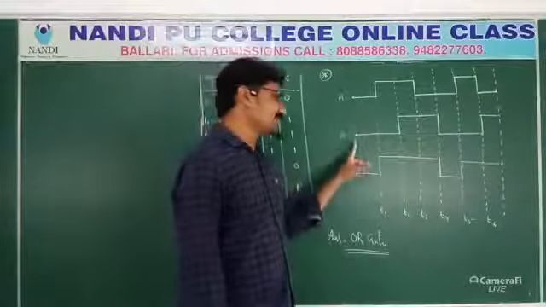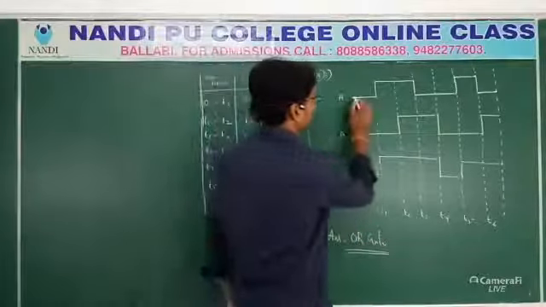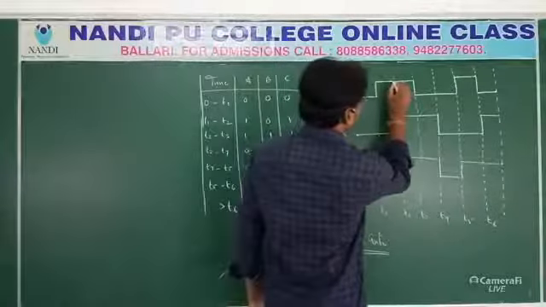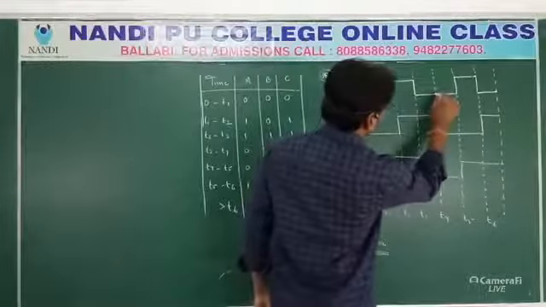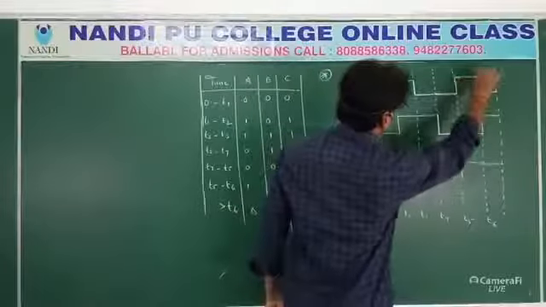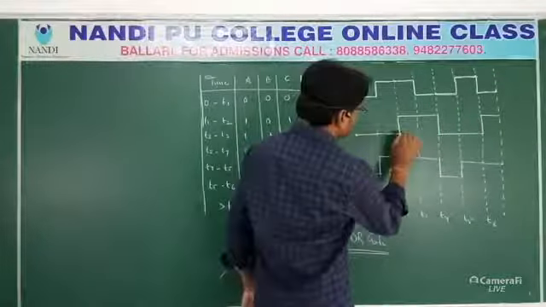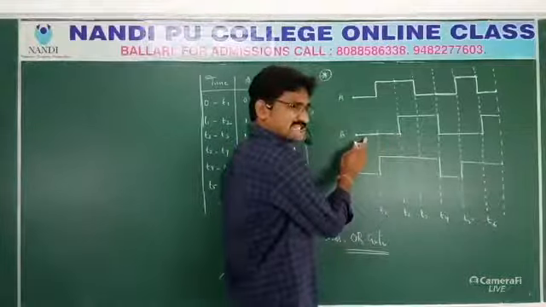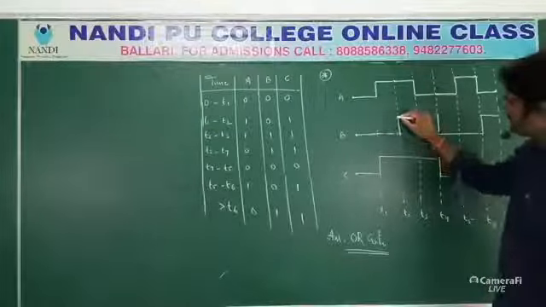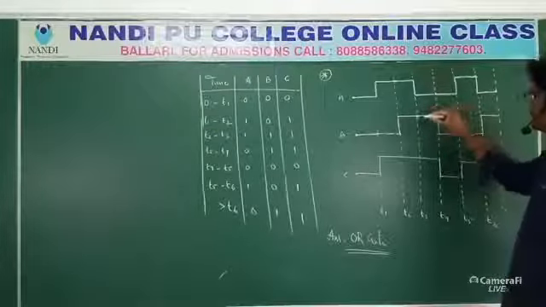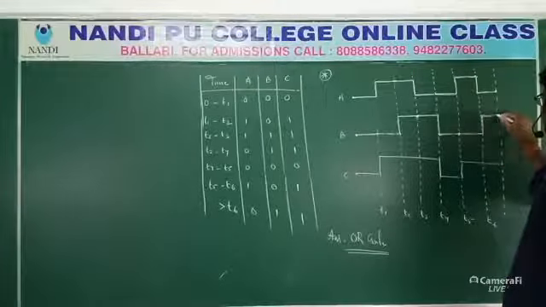A input, B input, C output. 3 curves are given. First, A starts here, rising. The same value repeated, 2 rises, here also rising. And falling. The same falling value continues. Again rising, rising, falling, and in the same manner the same value continues until we get the next pulse. I don't know whether it is a lower value or higher value. Once it is rising up, it is the lower value. So it is rising, the same continues up to 2 units, again falling, same value continues, again rising, stops.